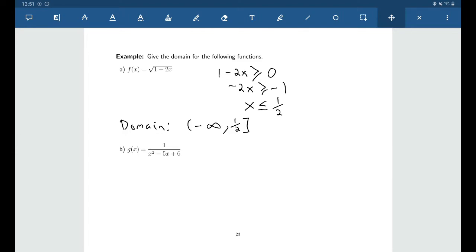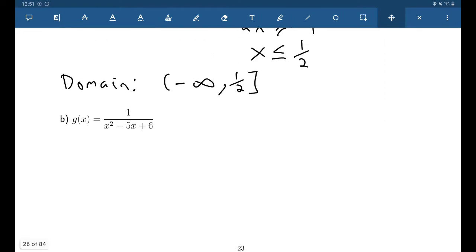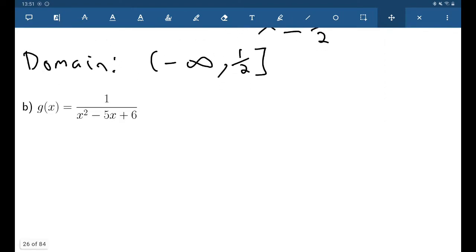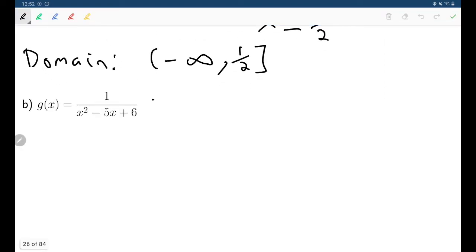Okay, and one thing I was going to say further with this is that the way I express my domain, whether in interval notation or set notation, kind of depends on the domain itself. In this case, since the domain was all the values between 1/2 and the far left, we were looking at really just one interval, so it made more sense to give my answer in interval notation. For the next one, on the other hand, we're going to see that if I take g of x and factor the denominator,